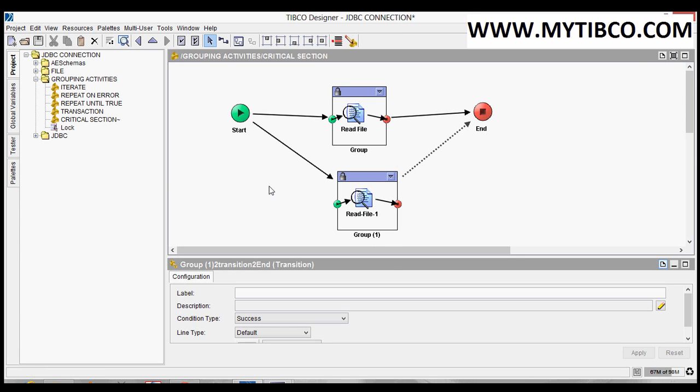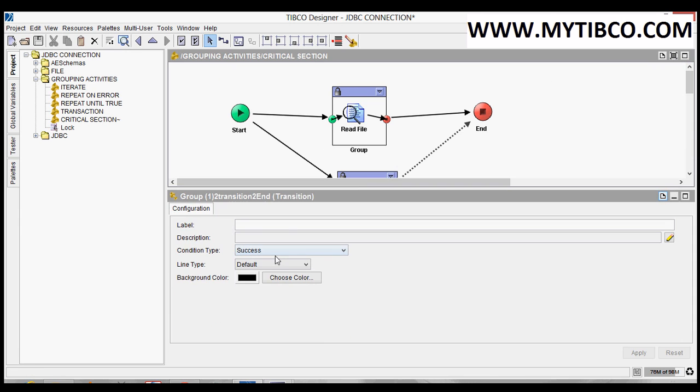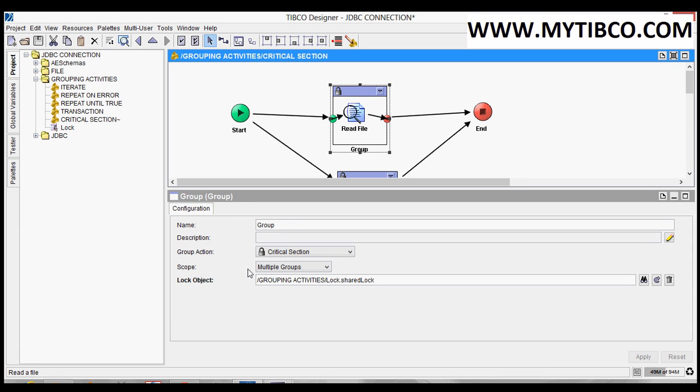Or we can call this critical section process from many different processes, so that many processes will be calling this critical section process. In that situation, many jobs will be accessing and trying to read the same file. To handle different groups, we should select multiple groups. That is the use of multiple groups.